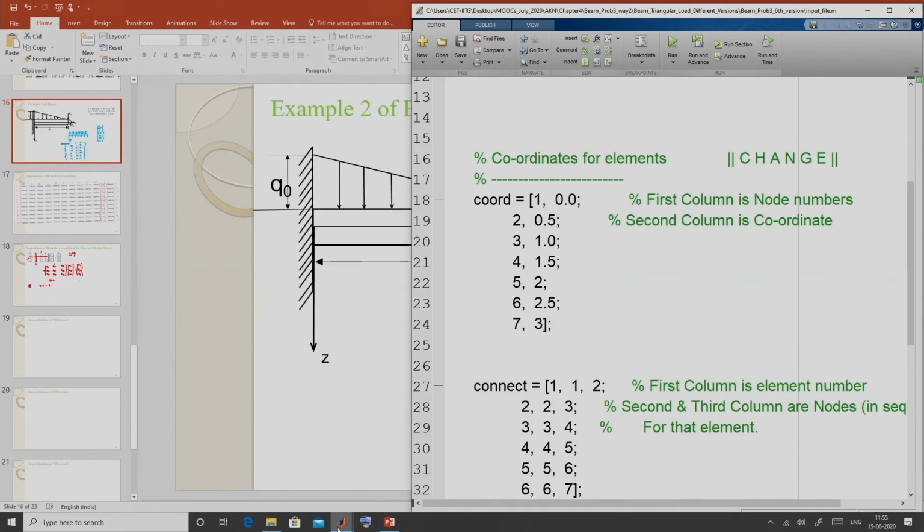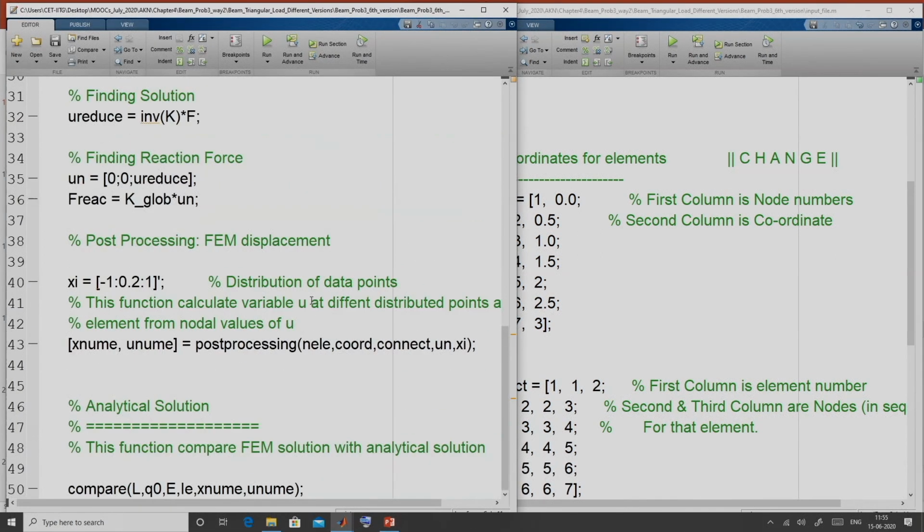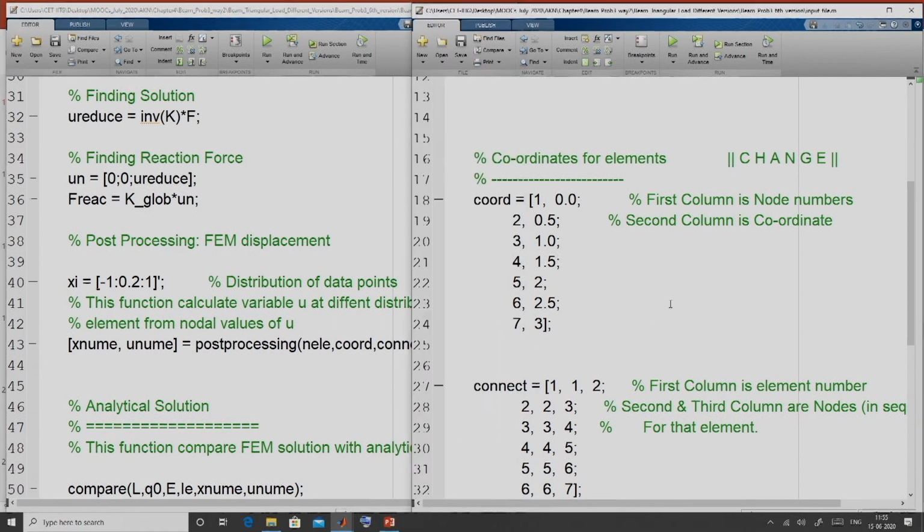We need not disturb our main program and associated functions. So, this is all about the generalization of a beam finite element code.